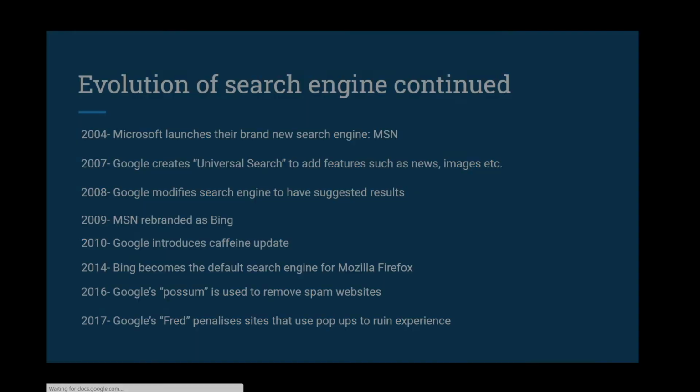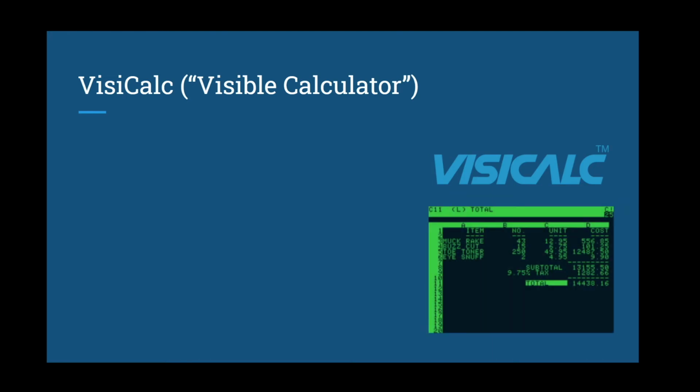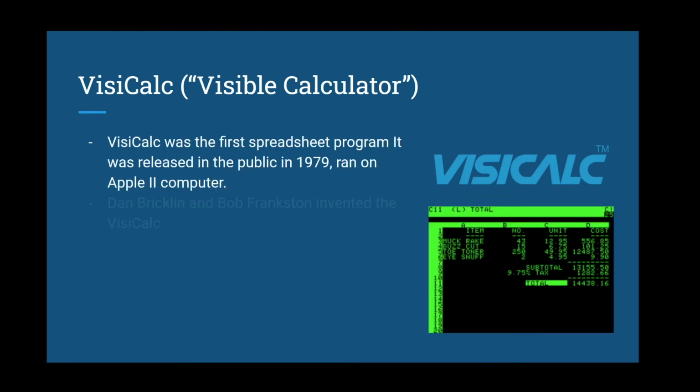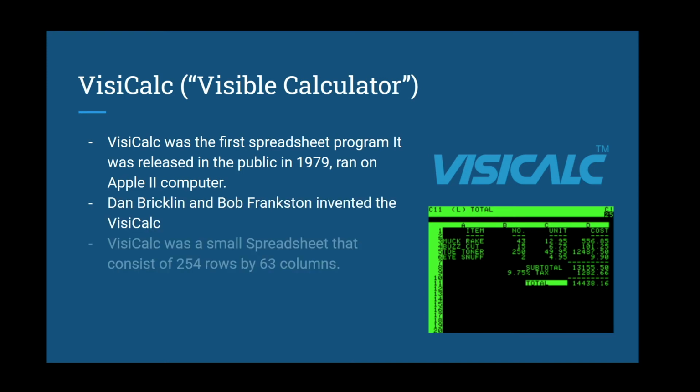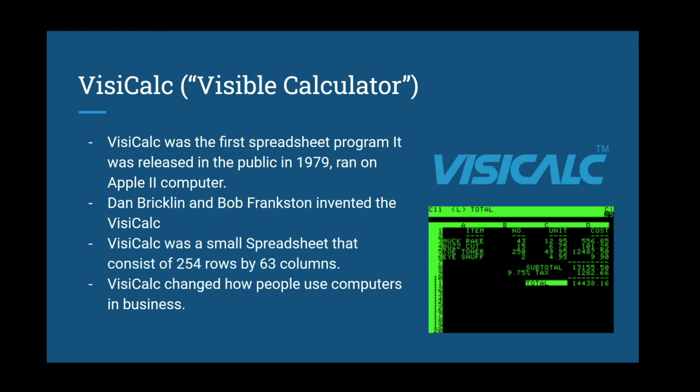Now let's go back in time and talk about the first real killer app for the world, VisiCalc. VisiCalc was the first spreadsheet program. It was developed in the public and released to the public in 1979, running on an Apple II computer, and made the Apple II a must-have business tool. VisiCalc introduced a new level of use in application software. The developers